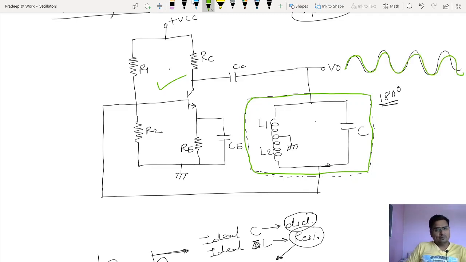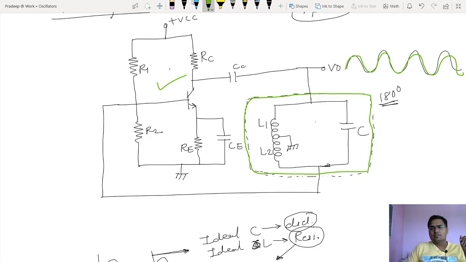Now, I am talking about the decrement in the amplitude of the wave produced by the tank circuit, and the amplitude I am adjusting with the help of the amplifier. Why am I telling you that? Because I know the theory of the tank circuit. We had discussions so many times about it. It's all about the amplitude degradation and how to maintain the amplitude, that is, the amplitude stability.